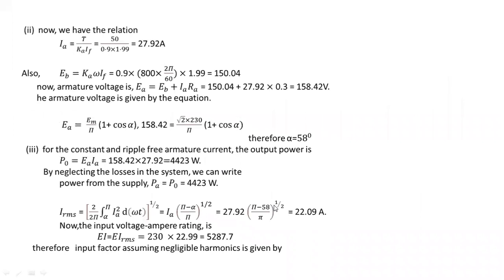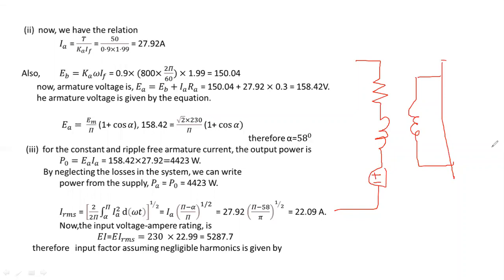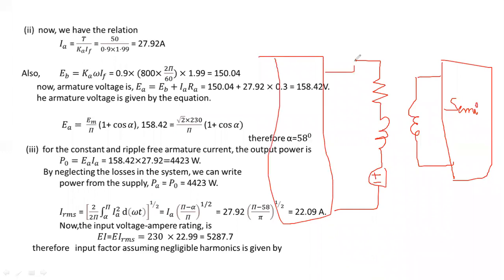You know the diagram. This is our armature circuit having a resistance and inductance and a motor, which is represented with an EB. And here we will have a field winding, which is excited separately. Here, this is also a semi converter, and we know the semi converter circuit diagram. Here also we can add a semi converter because it is also semi.